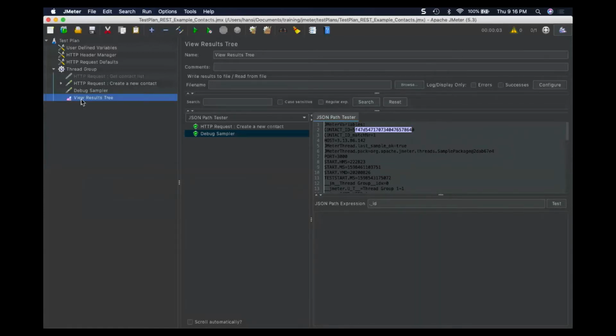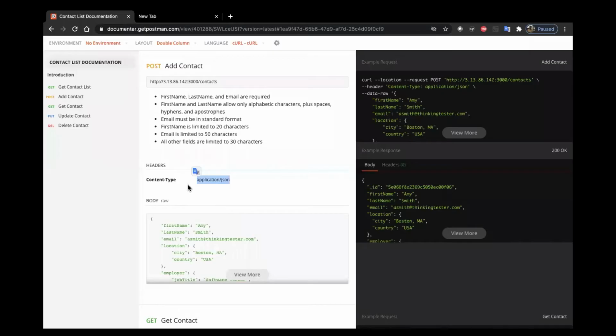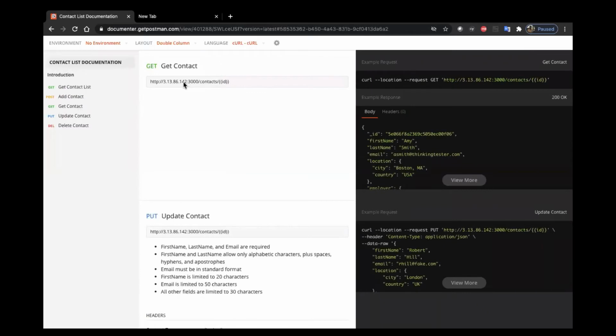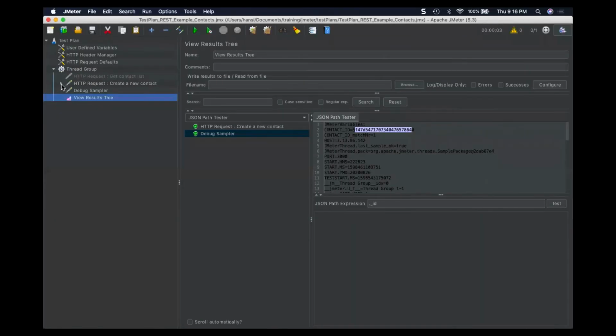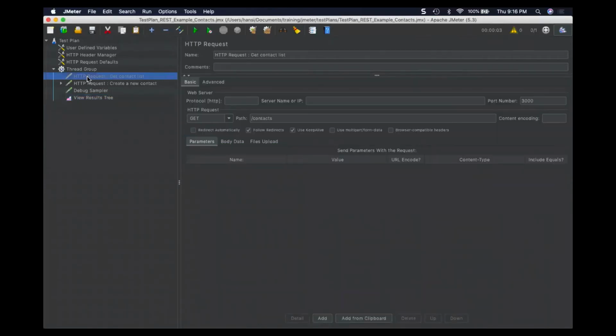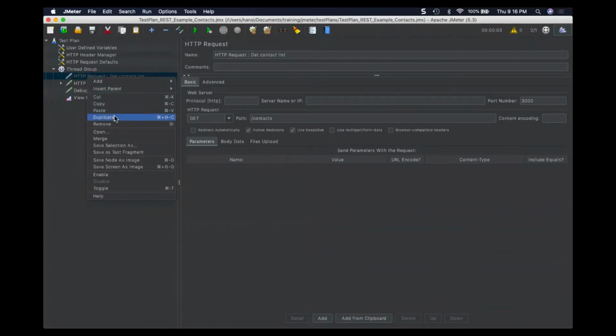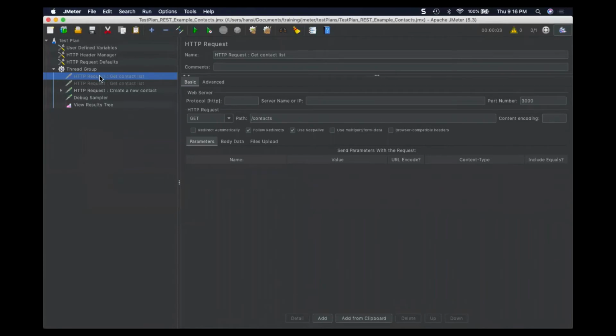Now I need to get the contact, the one that I created. I can retrieve the data using the GET method. So if I go here, duplicate this one: right click and duplicate, or Control Shift C you can use, then drag and drop here.